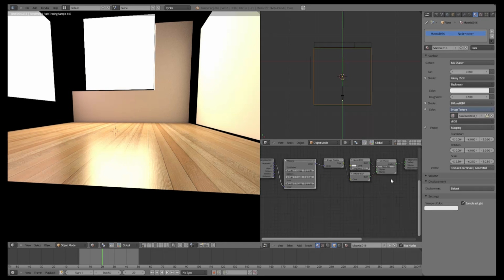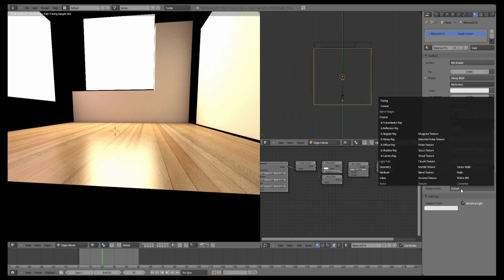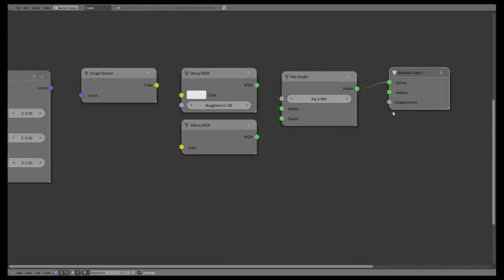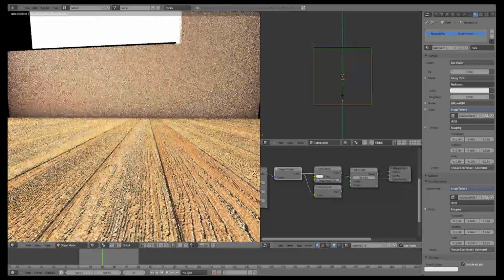Now, in order to get a displacement to work in Cycles, you don't click here, or you can, but you'll see that there isn't actually an image texture option here, or at least not yet. I don't know if they're going to put one there, but it doesn't matter anyway. The way we're going to do that is by using the material nodes again. So whatever you put into this value right over here where it says displacement, that is going to be the bump mapping for the object. So if I take the output from this image texture and put it straight in there in the displacement, like so, you'll notice that